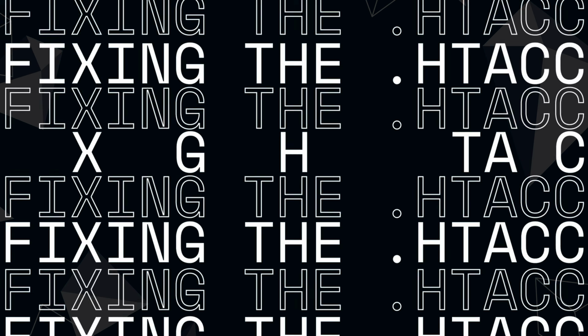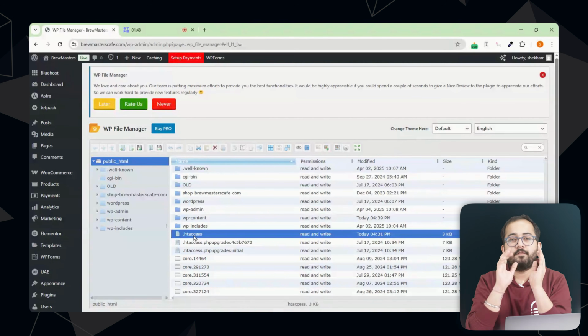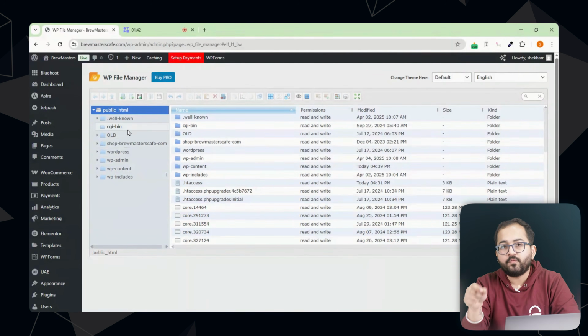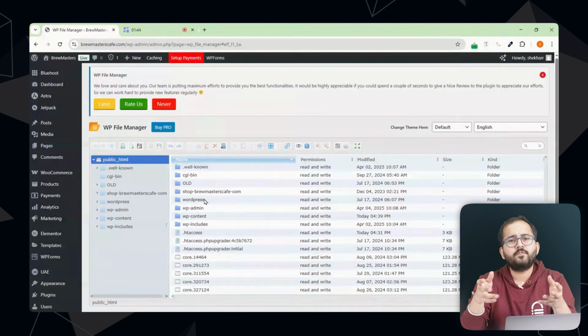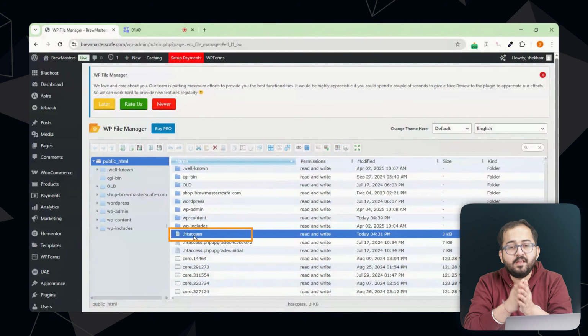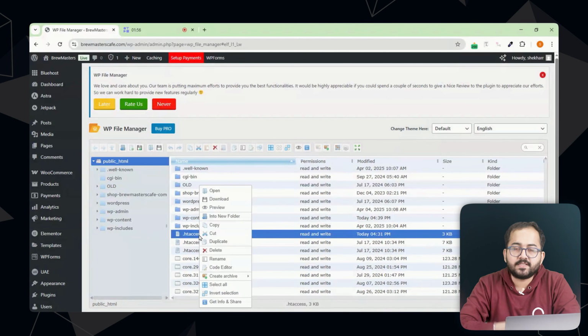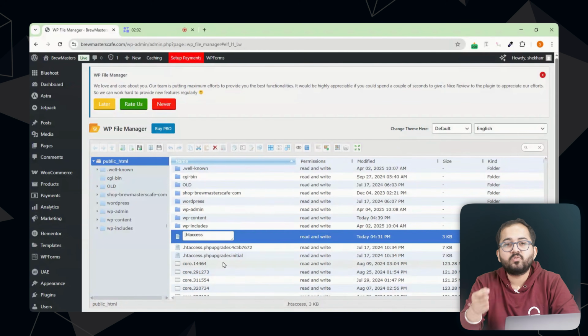Fourth, fixing the .htaccess file. If your 404 errors persist, the .htaccess file might be corrupted. So to fix that, follow these steps. Navigate to the root folder of your WordPress installation, often called public_html. If you don't see the .htaccess file, enable "force showing hidden files" on the server. Right-click .htaccess and rename it to something like